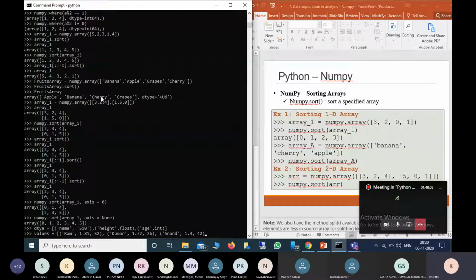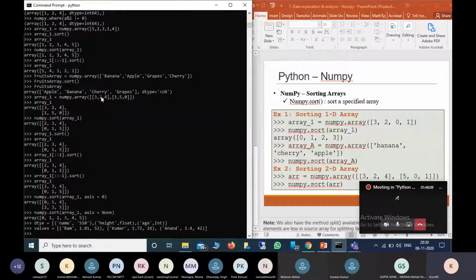Now we are creating a numpy array, that is a equal to numpy dot array. Here we are taking values, and here we are mentioning what the type is for each one.